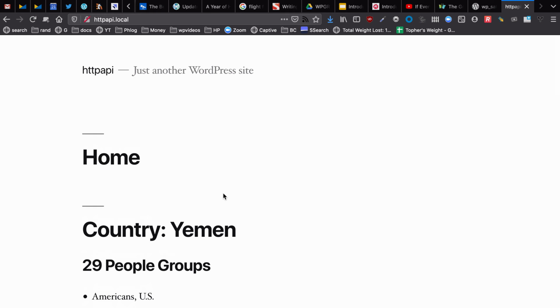Anybody ever use Eventbrite? Eventbrite has an API. You can use it to go get a list of all your events, either the ones you're doing or the ones you're signed up to go to, and print them on your website. If you authenticate, you can actually buy tickets. You could write your own Eventbrite UI and make your own system, which a large enough company might actually want to do for their internal employees. And they would want to pay you hundreds of thousands of dollars to do this.